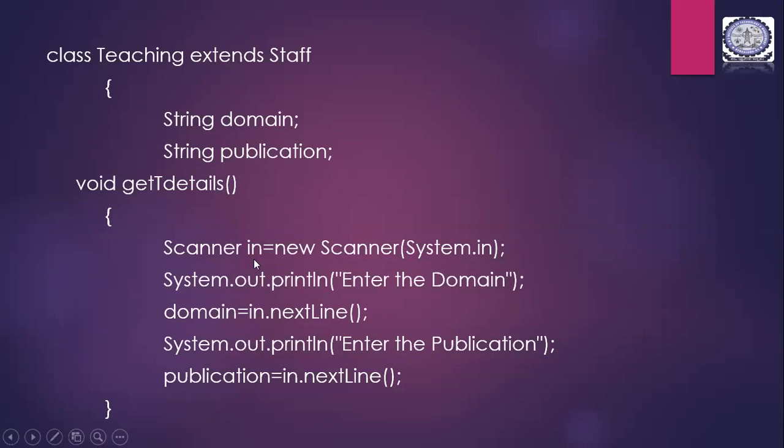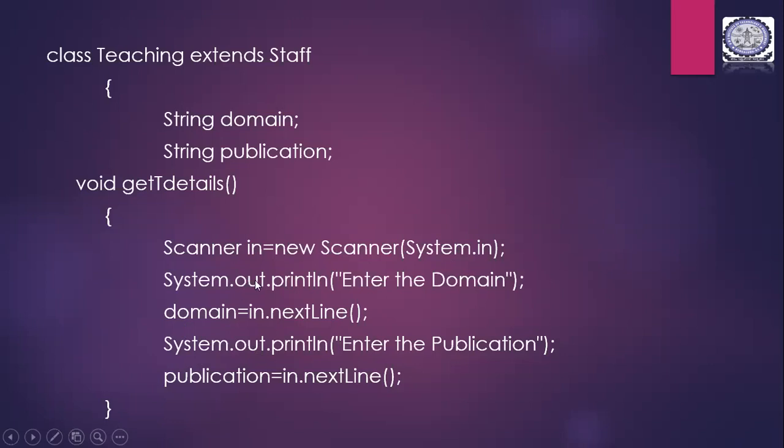Get the details. Again we cannot use the scanner that is defined there. We will have to define the same scanner again here, because this is the subclass. We will define the scanner again here. Scanner is one object and we are defining only one object here of input type. For every program you will have to define only one input object. Okay? So scanner in is the object of the scanner class, and you are mentioning the memory location and giving the System.in, which is built in.